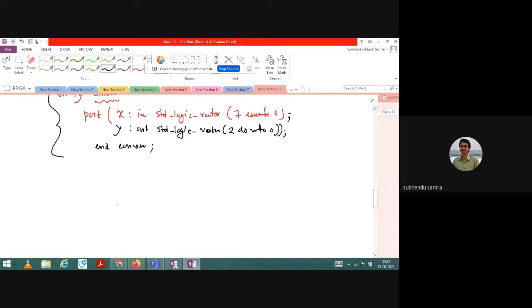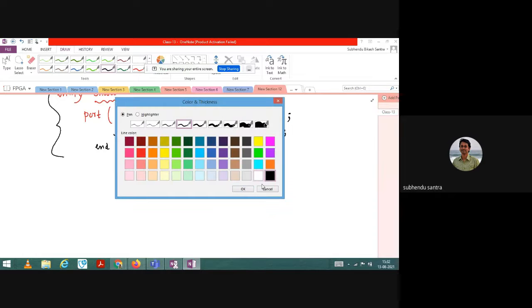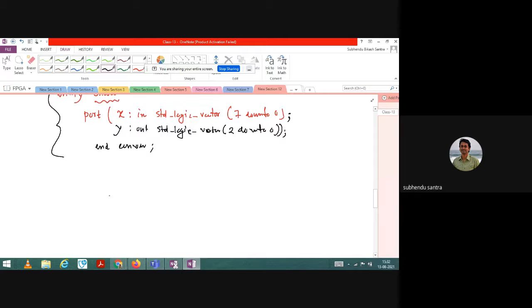Next part I would like to start. When I want to use this if structure, I also need a process. Whenever there is an input that is a variable input and not in your control, generally we use the behavioral model.